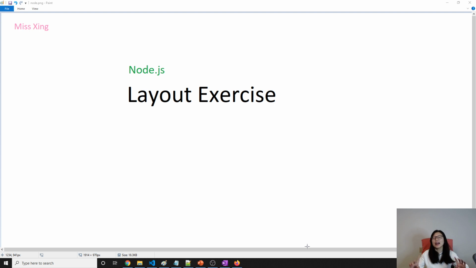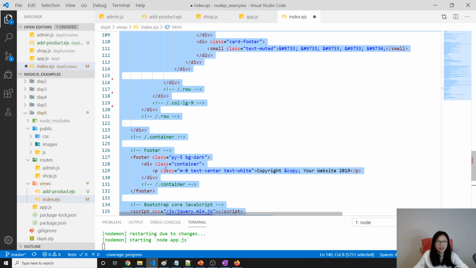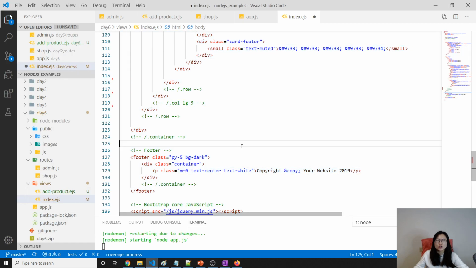Okay, so anyway, this exercise follows my last video. We're going to change our index.ejs to use a layout. Okay, index.ejs turned into a layout. According to our last video,